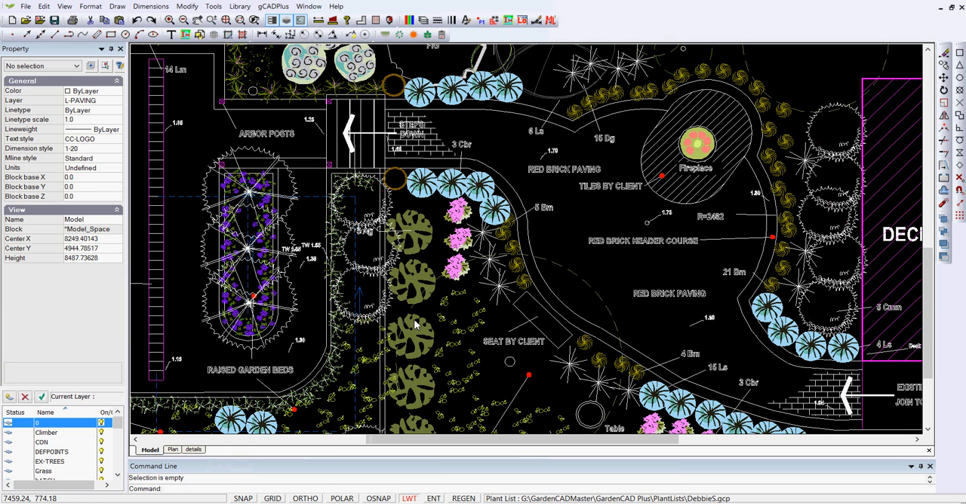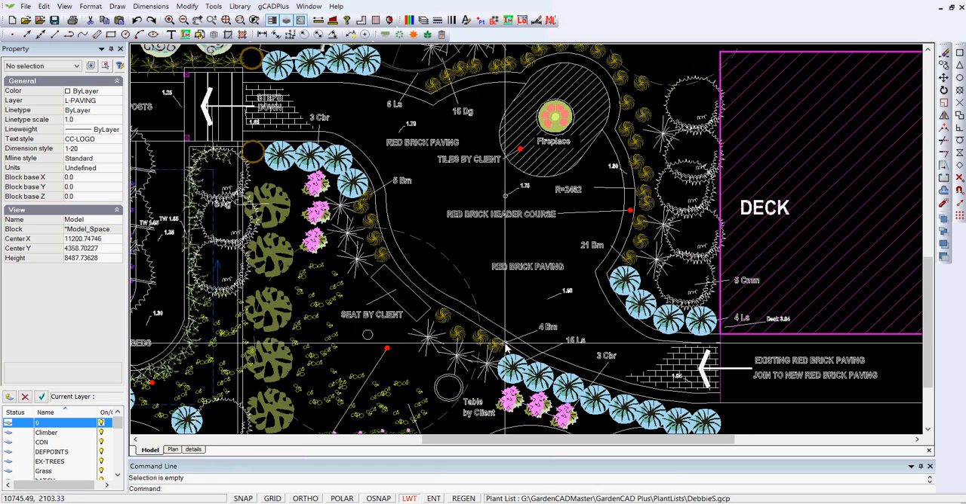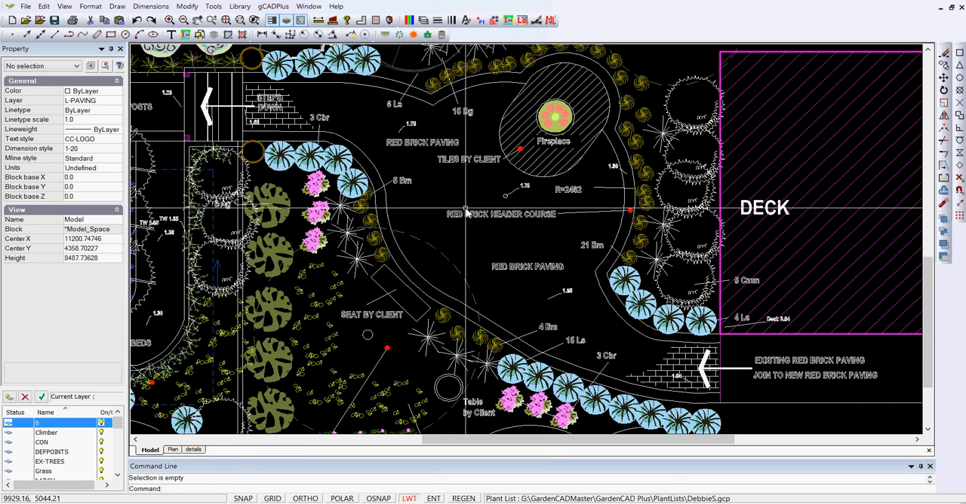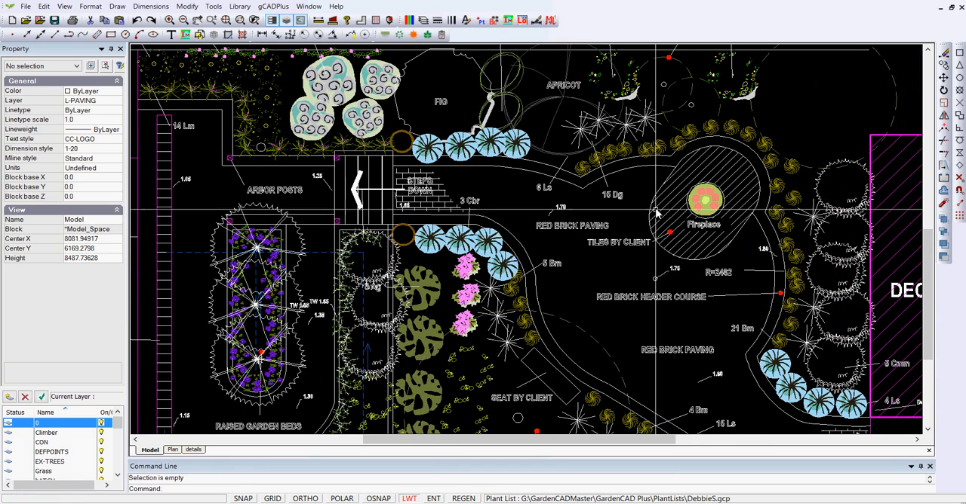We have a design here that calls for some brick paving. Let me just pan across. We're going to join some existing red brick paving with some new, so the new paving will flow through here. There'll be a row of header bricks on either side, and as we move through an area where there's a